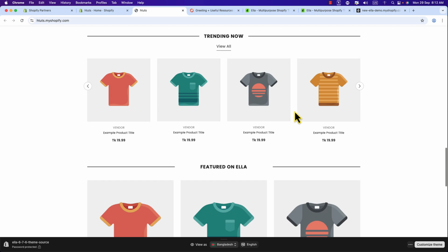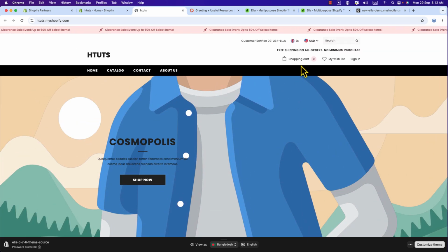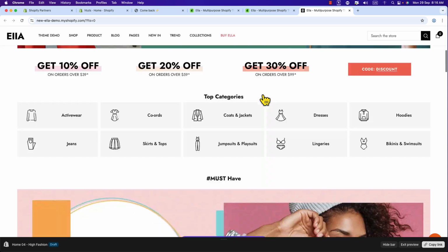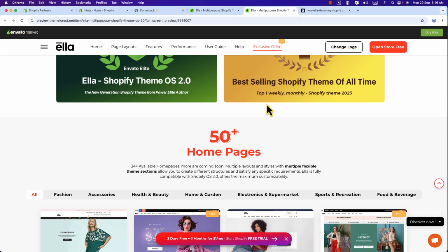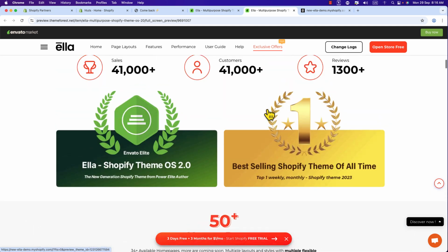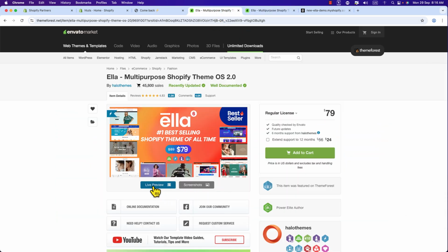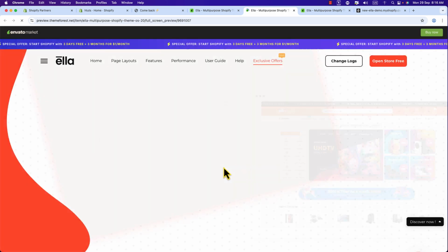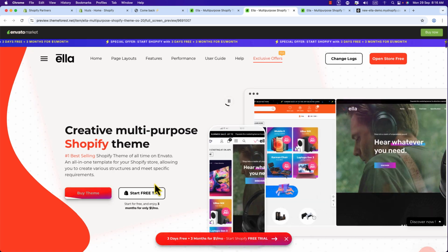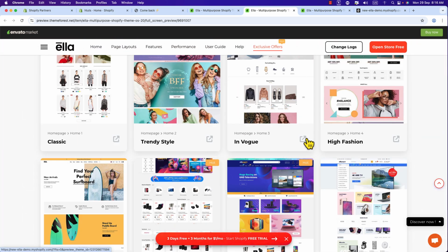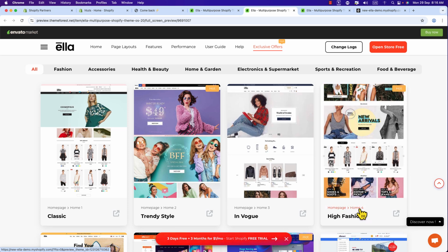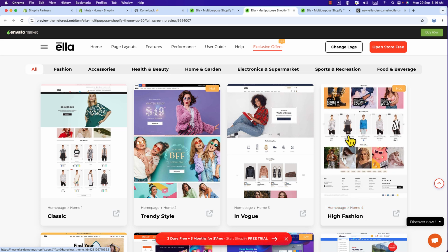But the problem is we need to install a specific demo. Okay, now let me show you how we can set up the demo templates like this. Okay, here you can see the list of demos it has, and you will see the link live preview. Just click on live preview. You will come over here. Here you will see the demos. Okay, this one we are going to install. This one, high fashion, and it is home 4. Okay, now